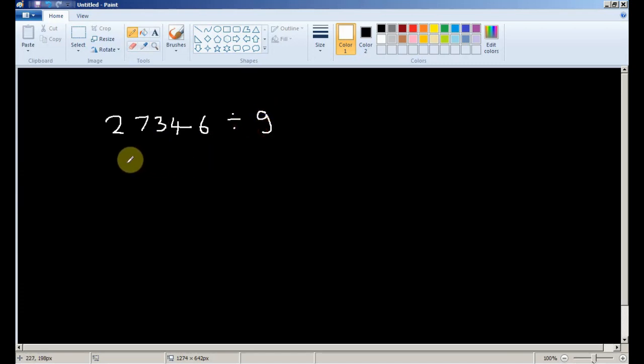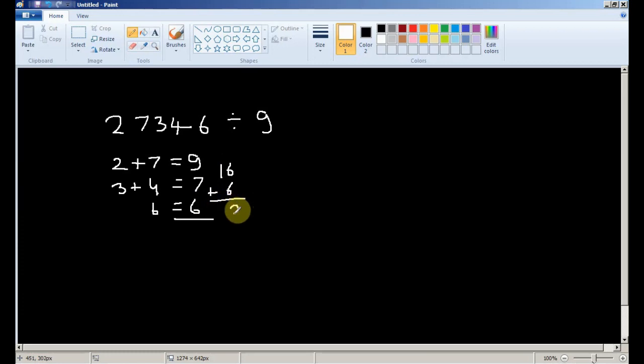What you have to do is 2 plus 7 equals 9, 3 plus 4 equals 7, and 6. 9 plus 7 is going to be 16 plus 6. 6 plus 6 is 12, and 22. So again, this is not divisible by 9.